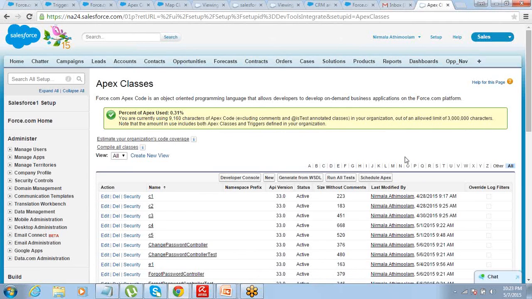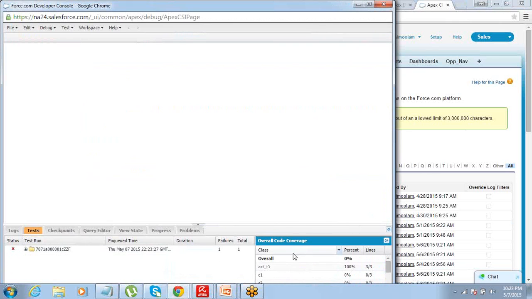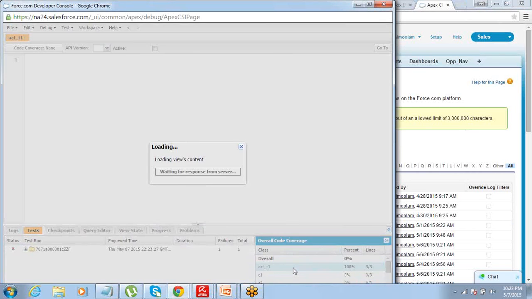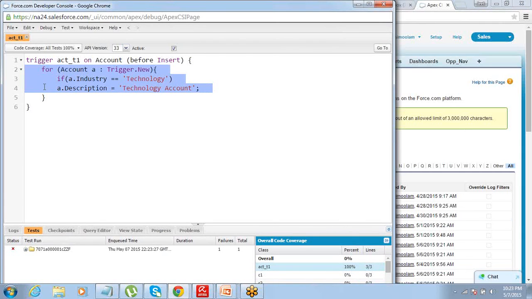If you are not getting 100%, you just double click on this and it will show you this way. It had just 3 lines of code, so all 3 lines are covered. If you're not getting 100%, it will show you those lines which are not covered in red, so you can try to write a test for that.